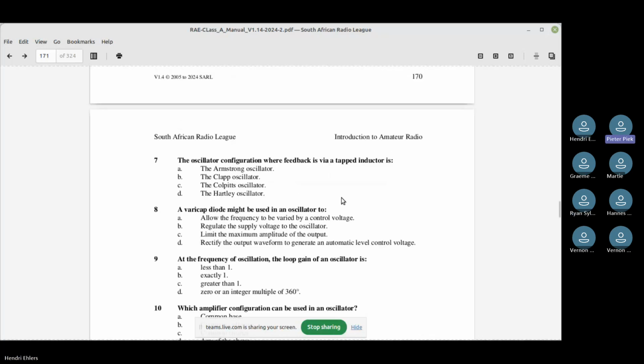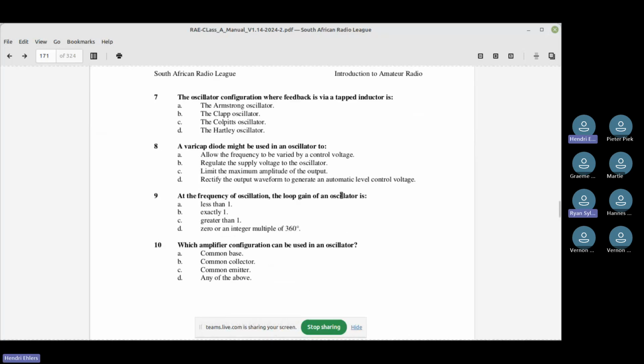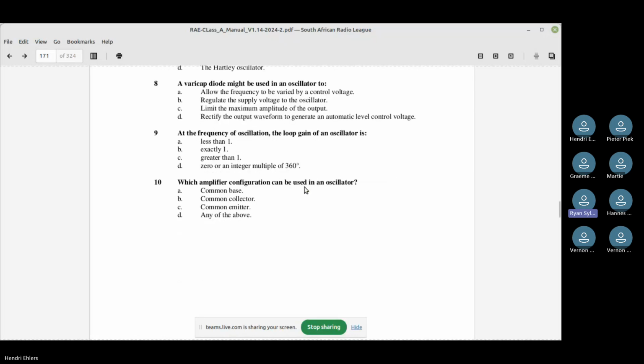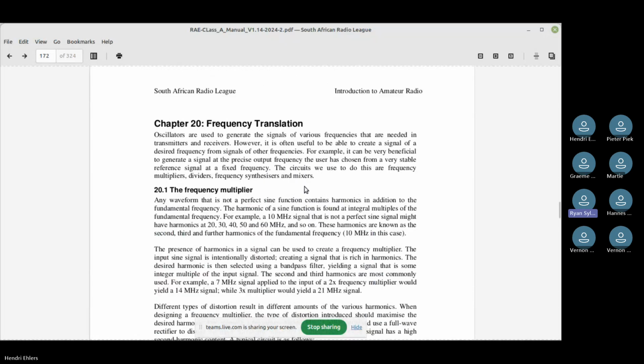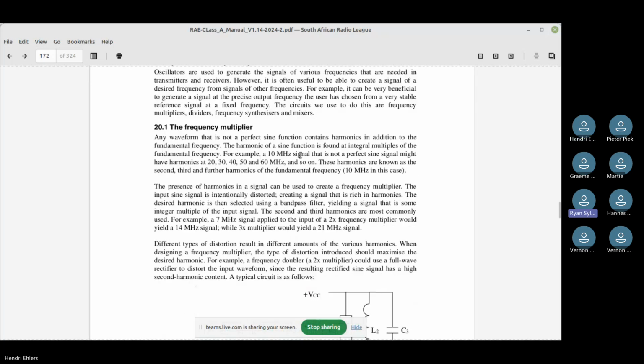Ek voel hierdie is straight up leerwerk. Ja, dis baie net straight up leerwerk. Jy moet net weet hoe om daardie goeters te identifiseer en jy moet weet wat 'n varicap doen. As jy dit weet en jy sien hom in die circuit, that's it. Verstaan ek dit korrek dat die volgende hoofstuk, frequency translation, omtrent dieselfde situasie gaan wees? Daarna frequency modulation methods. Maar dis leerwerk, maar dis bietjie meer prakties.